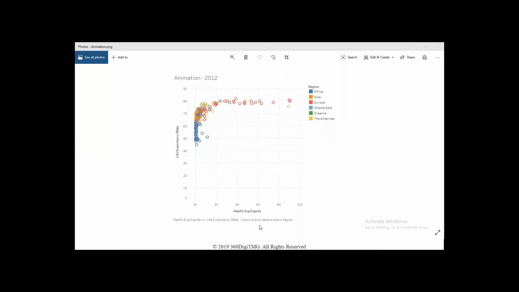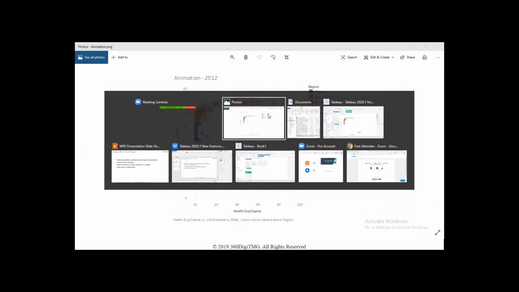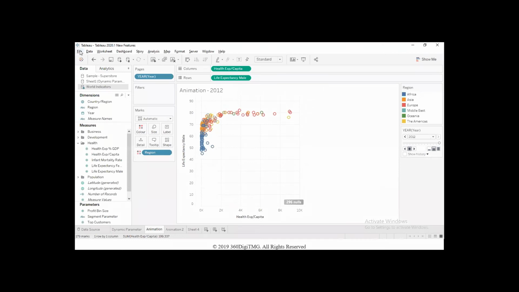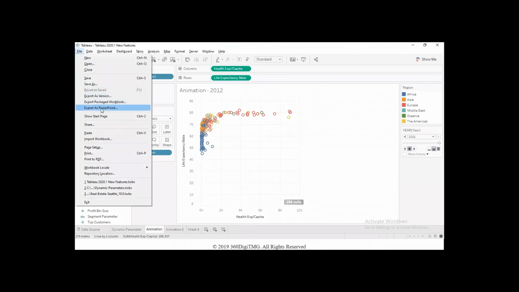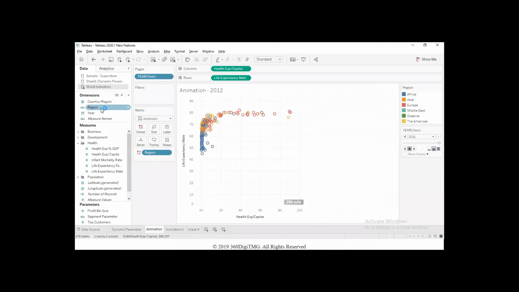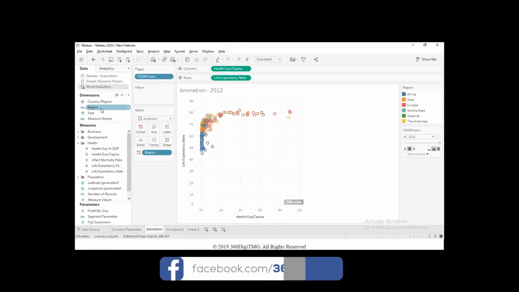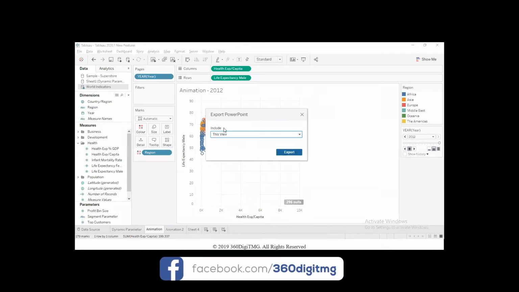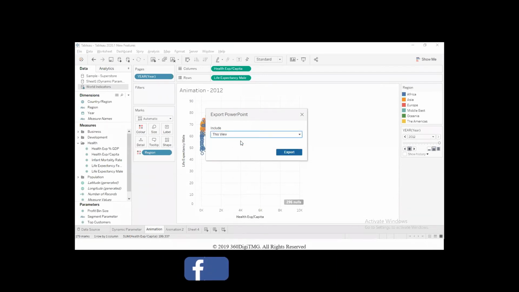All right, along with the caption and the chart itself. But this is static because nobody can basically modify it or make any changes to it or change the data from 2012 to 2000. Nothing can be done. It is static. So we can save it as an image like that, or we can also go to the file option and export as a PowerPoint. Then Tableau will create a PowerPoint presentation, which by default will include all the worksheets in the view, or you can say selected worksheets from the workbook.